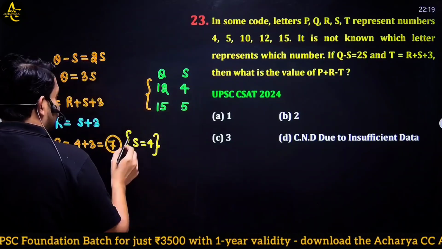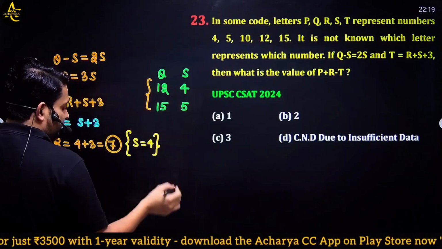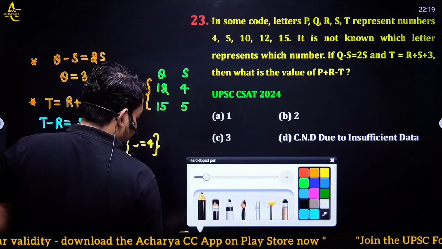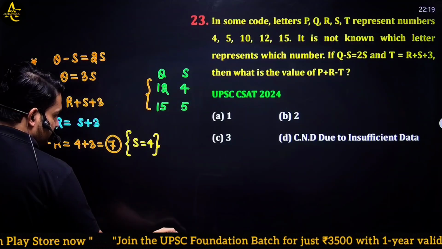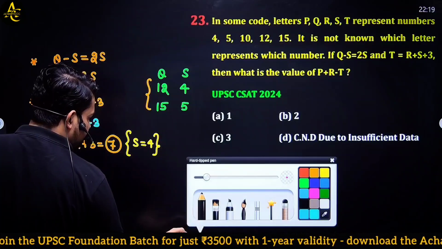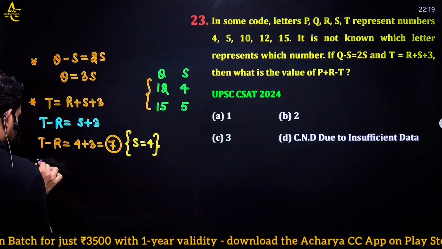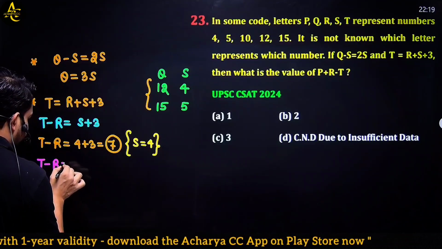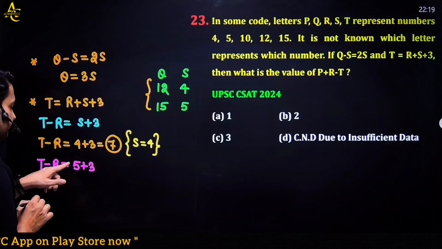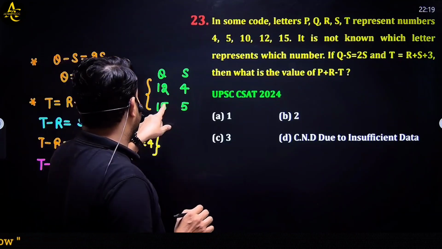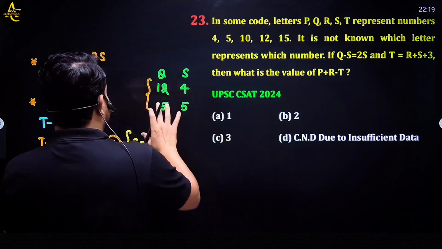So what will I take? I will put another value of S. Here T, because UPSC asks questions from deep concepts. T minus R is equal to 5 plus 3. As I have taken 5, I will not take 15 anymore. I cannot use 15, because